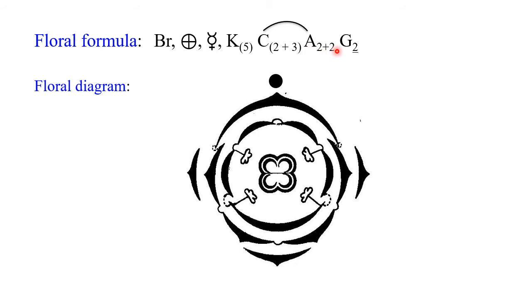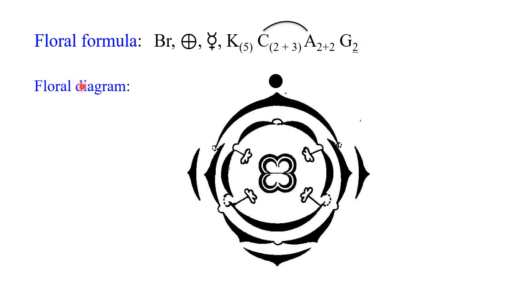Androecium is again 2 plus 2 because the didynamous condition is there. 2 are long and 2 are short, and the condition is epipetalous, so this sign is there. And gynoecium is bicarpellary and it is superior. It has to be there in bracket as it is